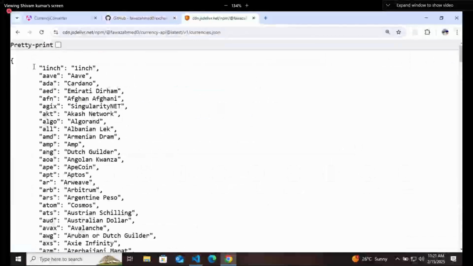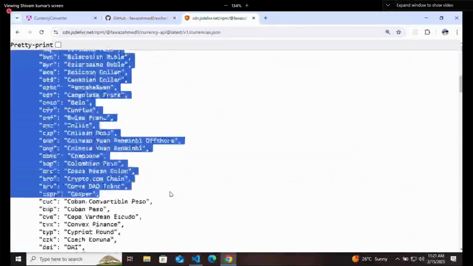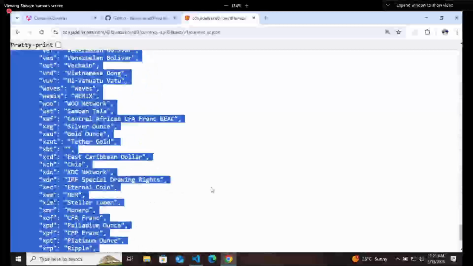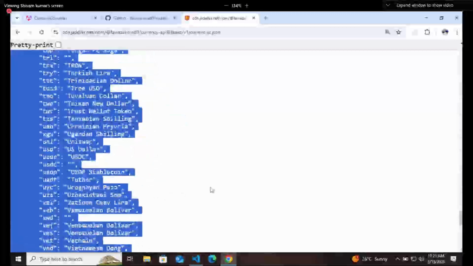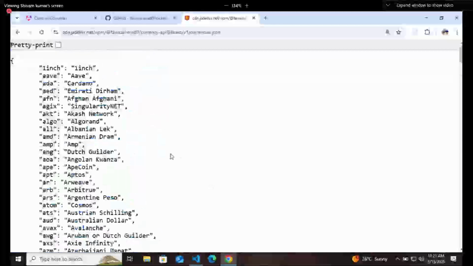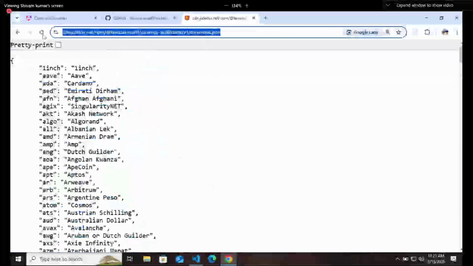These all are the currencies available; for most of the countries you will get these currencies. Second thing is we will use this link to fetch the API. So go there.